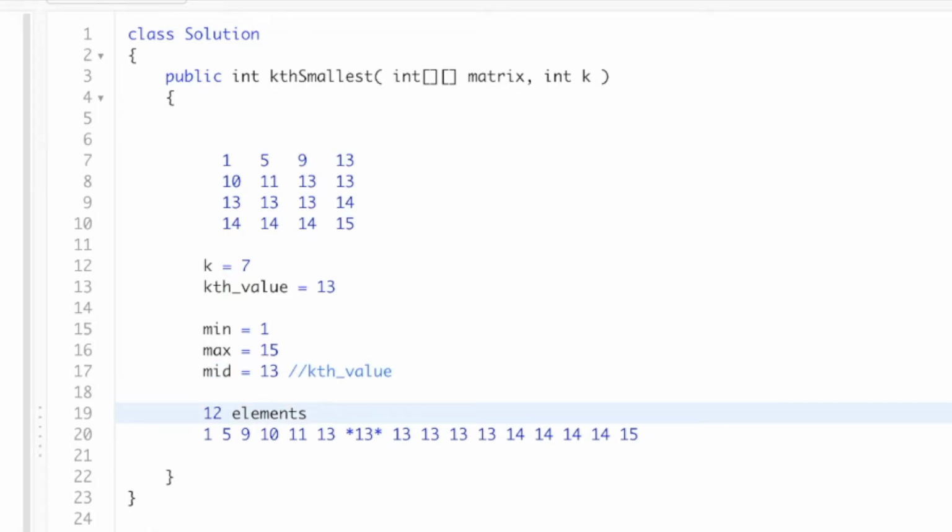But we have to mark this as saying, yeah, this is a fair kth value because there are at least k elements. The reason there's more than k, so k was 7 but here we got 12, is because of all the duplicates. So we have to account for that, and we just say as long as all these elements are less than or equal to this mid element, and the count is greater or equal to k, then that is